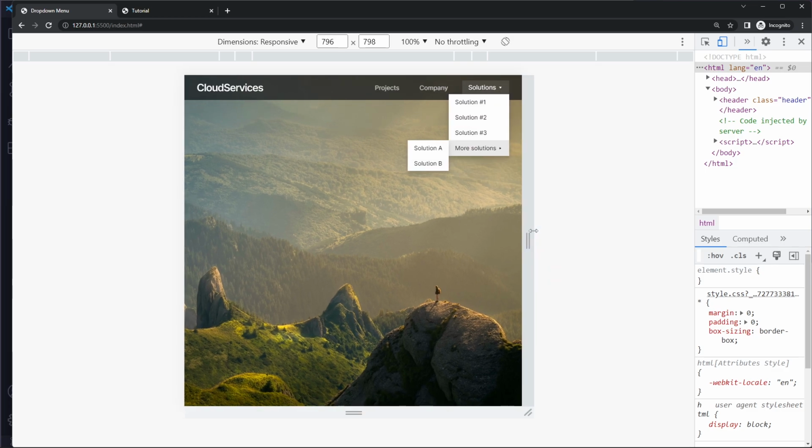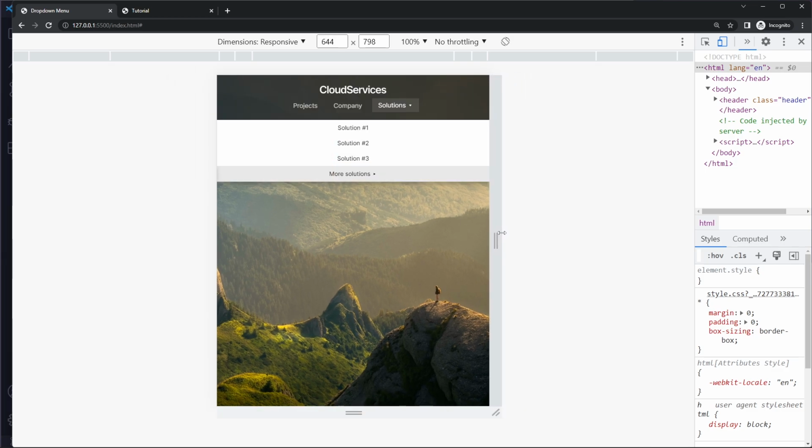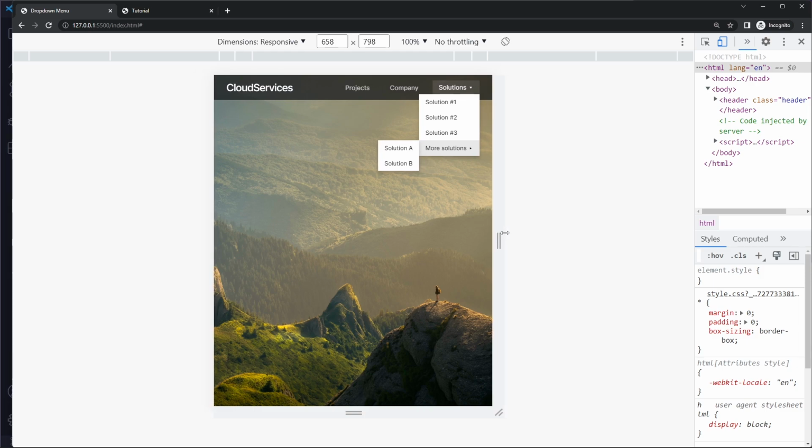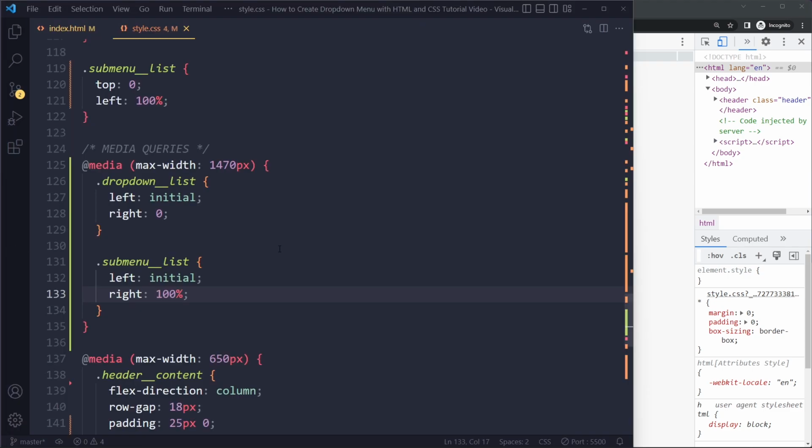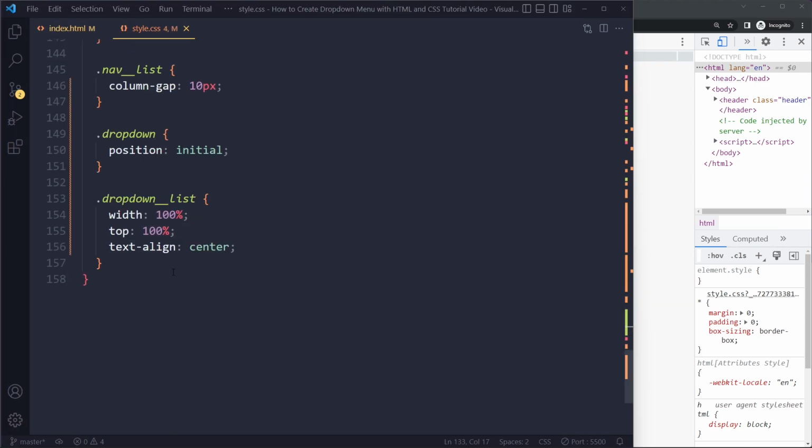So let's see. Eventually, at some point, we're changing the layout here. Yeah, so here we're changing the layout. The dropdown becomes the full width here, right below the header content. So now when we click on this, or when we hover on this, maybe very small device, very small laptops, perhaps. But when we click on this on a mobile, it should open up. Right, that's how it works. The hover will become a click on mobile. So what you can do, right, in 650 pixels,